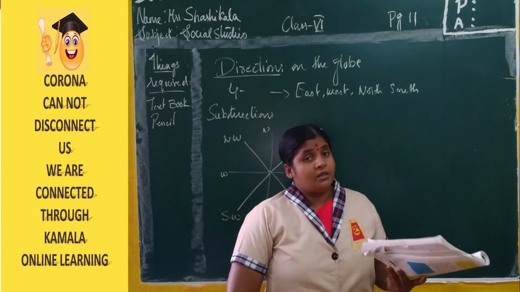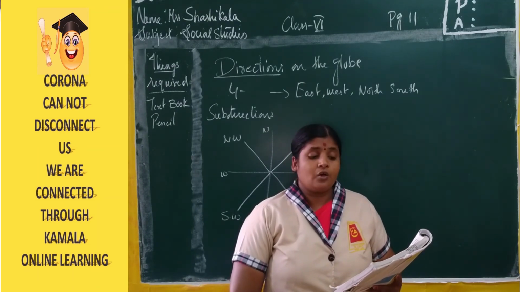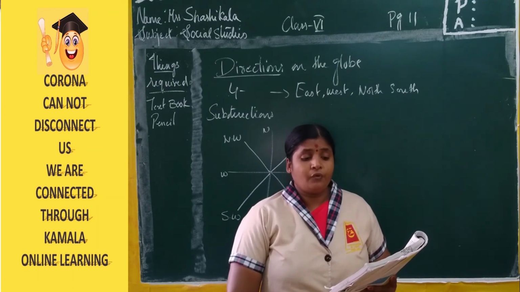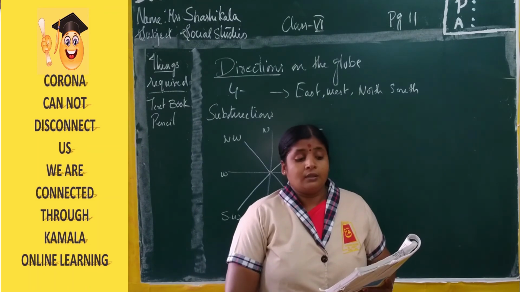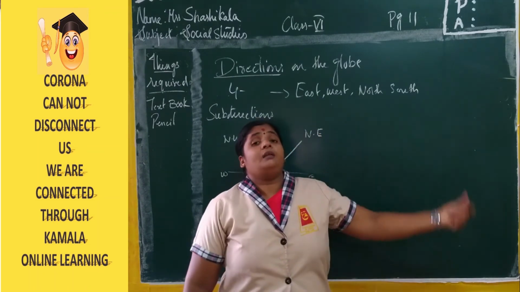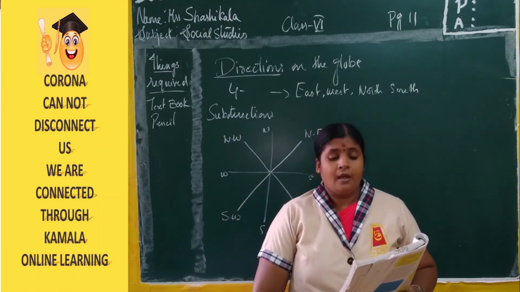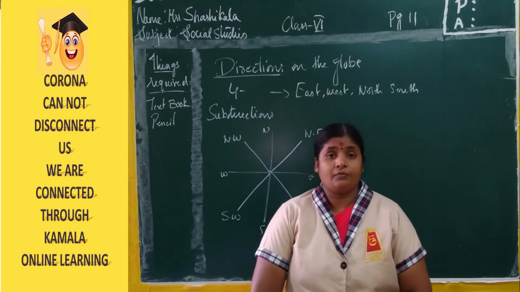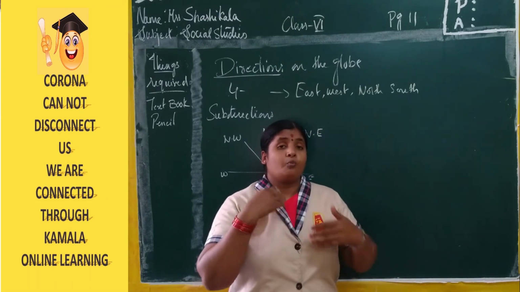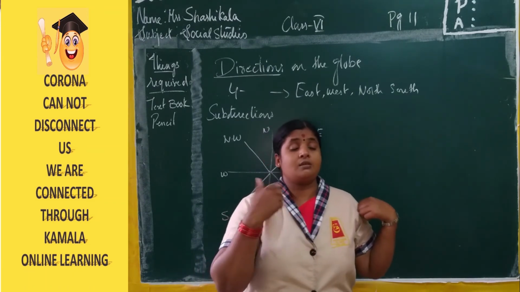We learned about this in the last lesson. You can look at the north and south pole. If you face north, the east is on your right. If I am facing towards the north, my right hand is showing the east and the west is on the left hand. Here you people are opposite to me. Your right hand is left to me and my left is right to you.